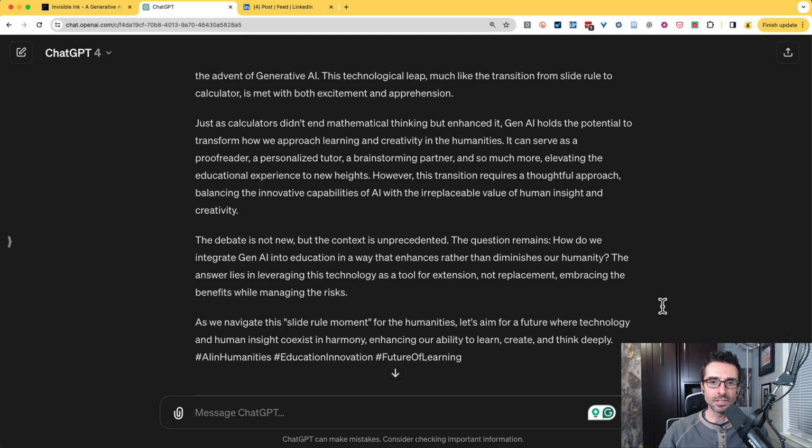But if we read this, "the debate is not new, but the context is unprecedented." That definitely sounds like something that I could have written. "The question remains, how do we integrate Gen AI into education in a way that enhances rather than diminishes our humanity?" Definitely something that I could have written. I do write about that a lot. So it definitely has taken the content that I use, the 6 different articles that I put in, and it's saying, I understand enough about the way you write